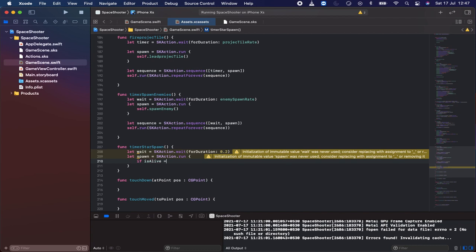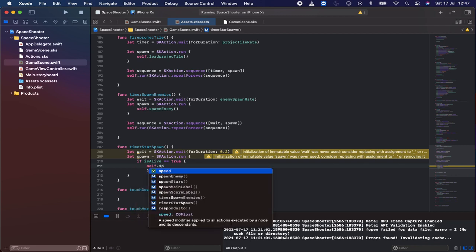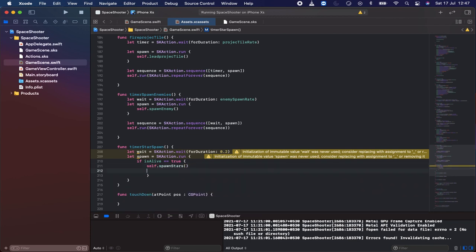If it is not alive, I don't want to show the stars there, so that the user will know that something went wrong while playing the game. If the game stops, I don't want to bring the stars, but the enemies will be continuously coming there. So let's self.stars